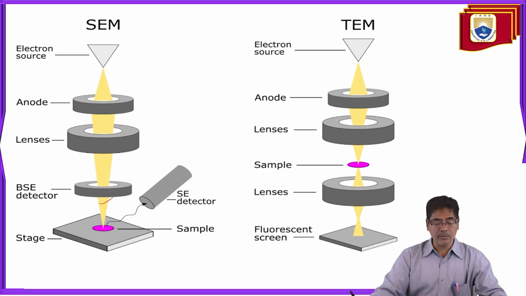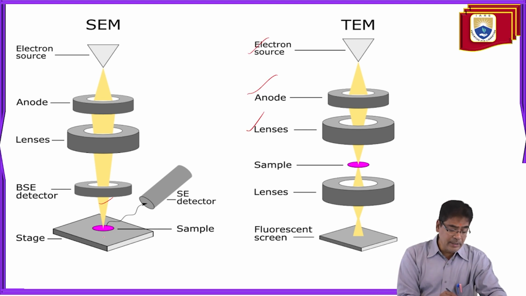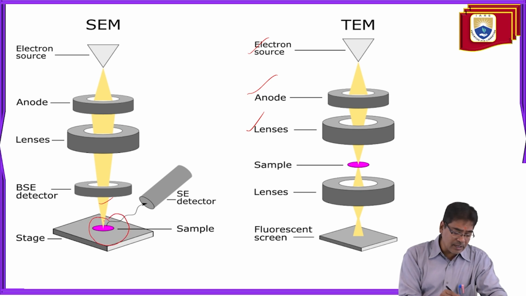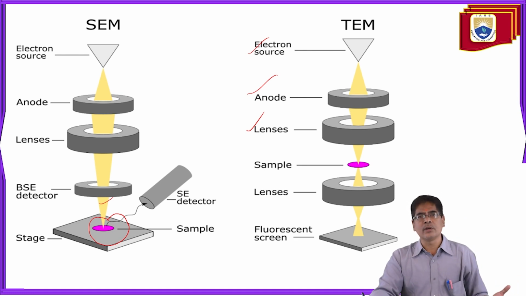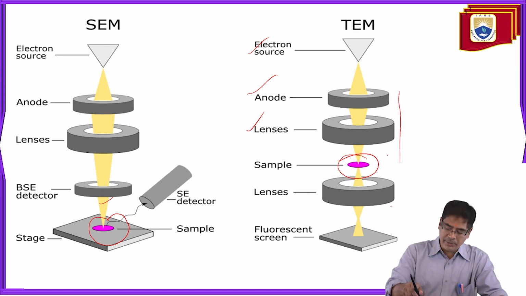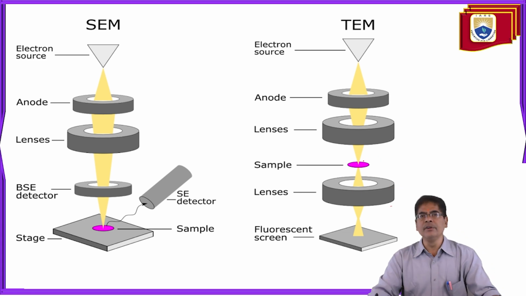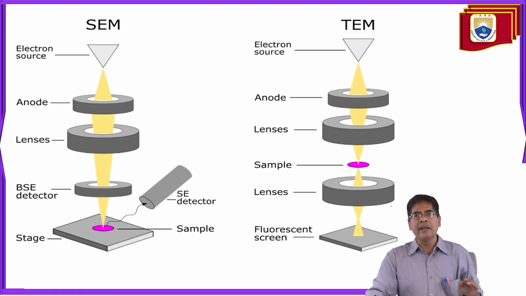Whereas in case of transmission electron microscope, we have the same. We have the electron source, we have the anode, of course, we have the samples. But in case of scanning electron microscopy, we place the sample at the bottom of that particular sample holder, right? Whereas in case of TEM, the sample is placed in the middle. That means the total rays will transmit into the specimen, and we can study the whole morphology, the whole internal structure of that particular film. So SEM is used only to study the surface morphology, whereas TEM is used to